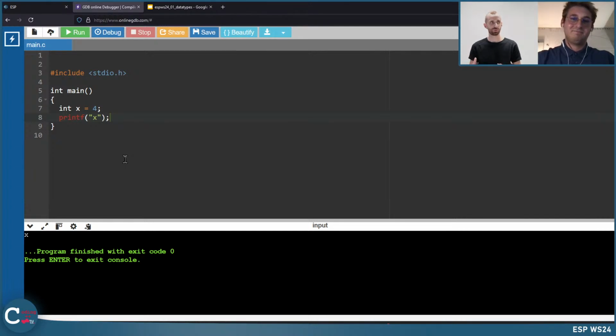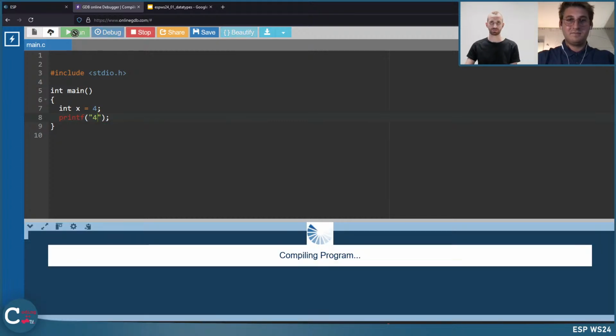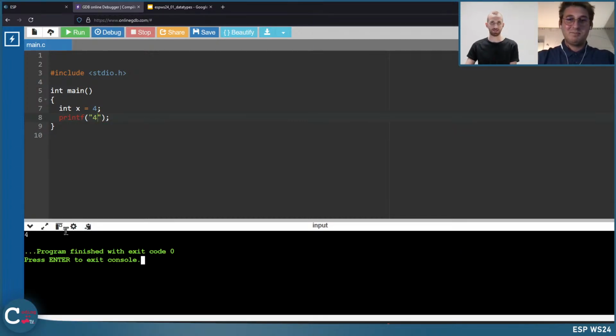It just printed x. So it really prints out what's inside the brackets here. So I cannot access the value of it. Of course, I can write it like this, and then it prints 4. But what if I change this value here? It still prints 4, obviously.